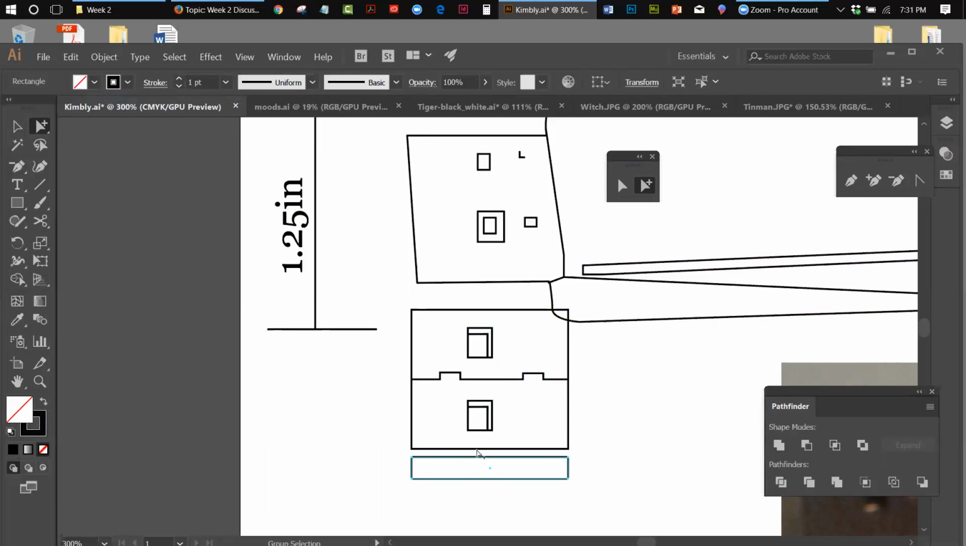Since I'm having trouble with the thickness on this, I'm going to get the Scissors tool, and I'm going to come over here and cut that point. And then I'm going to cut this point. And then I'm going to get my Direct Selection tool, select that segment, and hit Delete. And now when I take this thing and I move it up,